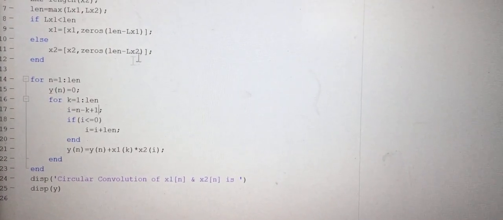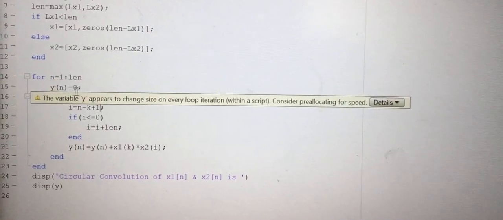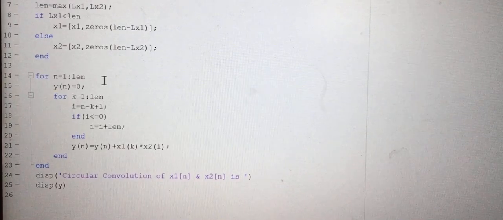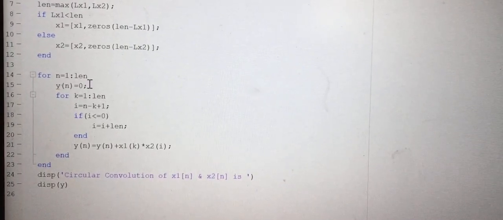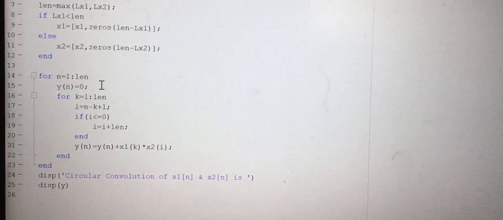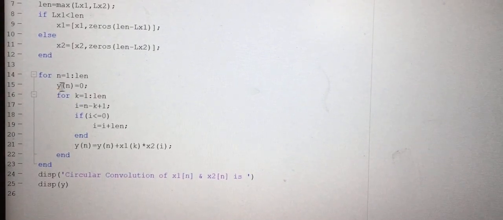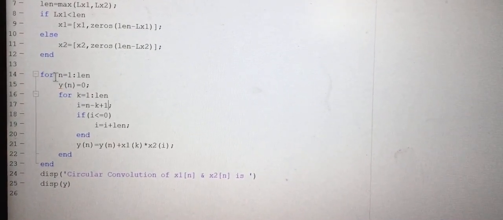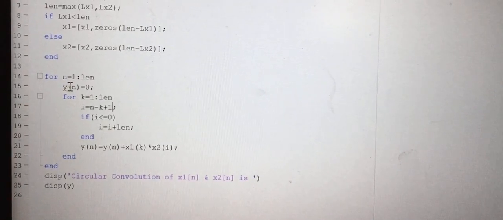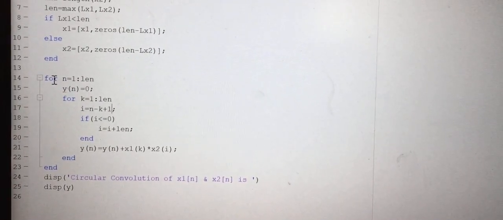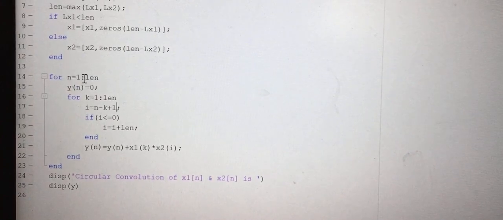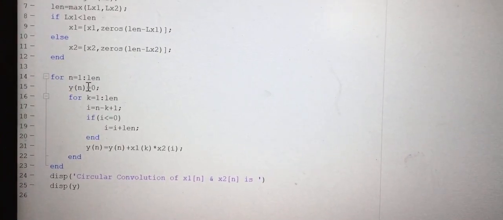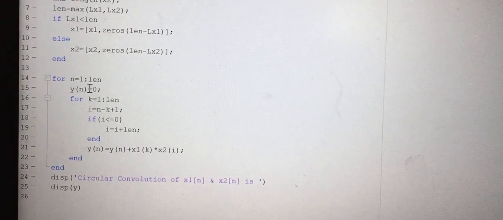Now in order to implement the circular convolution, there are two sequences, x of n and h of n, or we can consider them as x1 and x2, and the result we are storing in y of n. In order to initialize the result variable, first consider a for loop for n equal to 1 to length, y of n is equal to 0. This is initializing the variable where the result has to be stored.